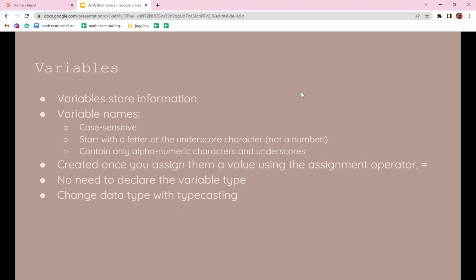So the first thing we're going to talk about are variables. Variables store information. Kind of like in math when we say x equals 5, same thing with Python. Some things with Python syntax with variables: they're case sensitive. So if I write lowercase x equals 5, and then I write uppercase x equals 2, lowercase x and uppercase x are two different variables, and Python will interpret them as two